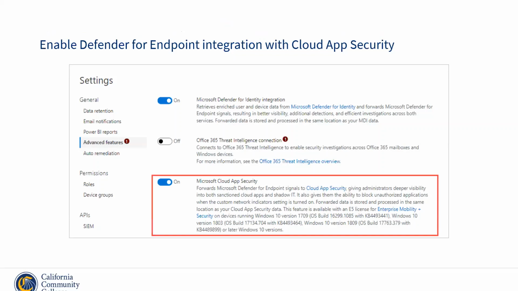Once you have your devices in Microsoft Defender for Endpoint, you can then go to Microsoft Defender, the console or the portal, and go into the settings. Then there's a lot of different features that you can enable. And this is an amazing tool. We've been using it for a while. And under advanced features, you turn on the Microsoft Cloud App Security integration. And then by doing this, it feeds all the information from the endpoints to Microsoft Cloud App Security to help centralize and bring kind of a single pane of visibility to the different types of events, threats, or activity sessions, anything that's occurring within these endpoints that you want to